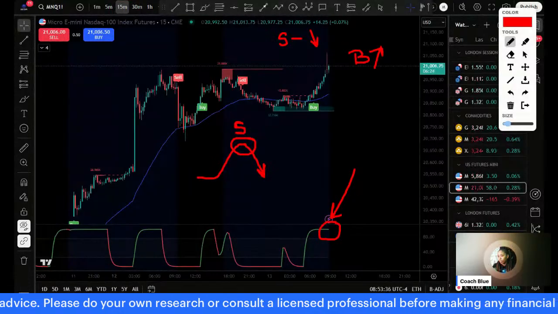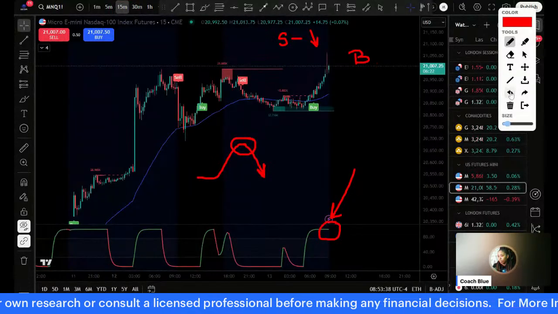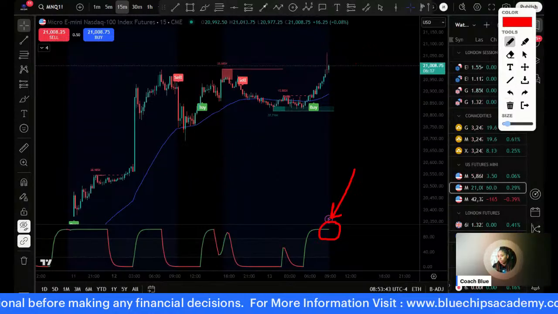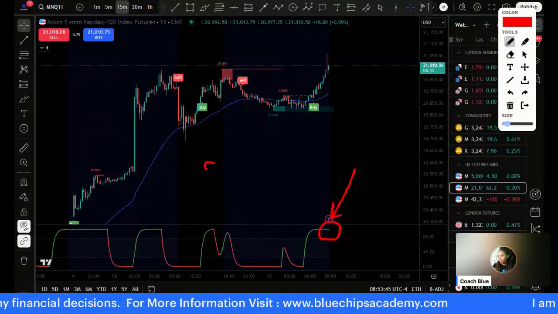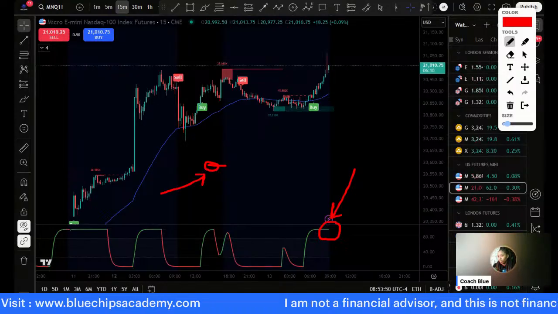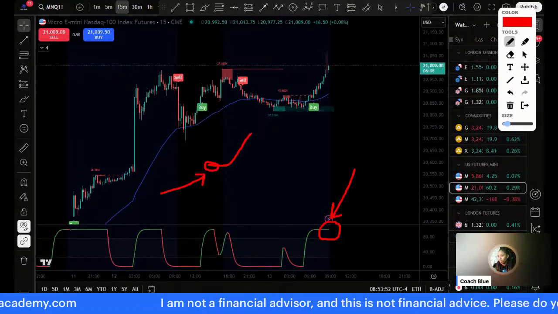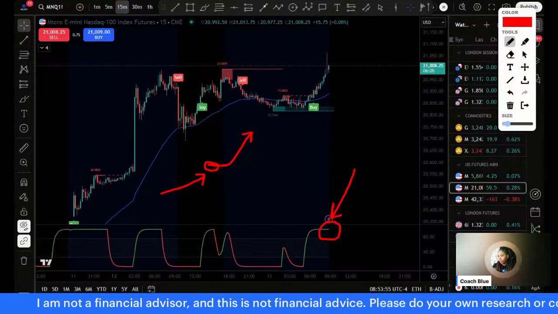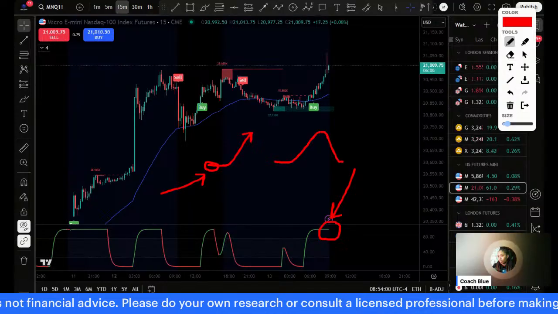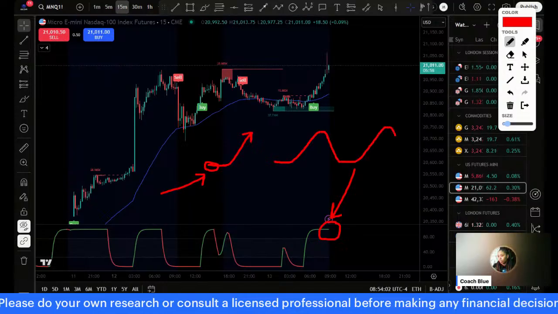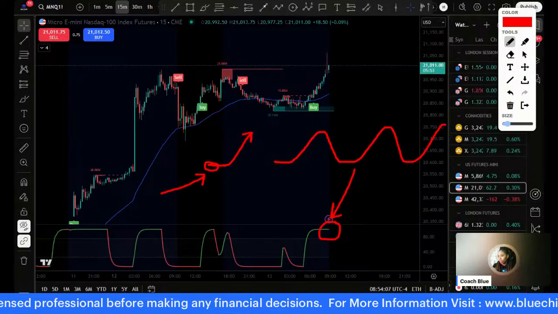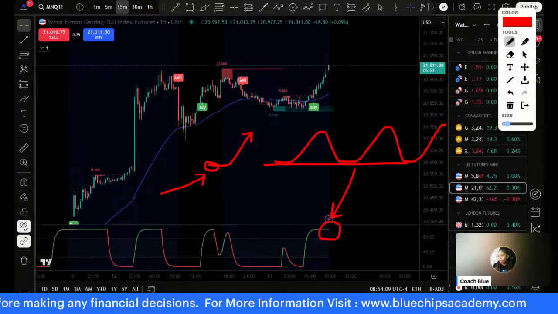Okay, when price is oversold, it's the opposite. When price is oversold, that means we're at the bottom of the STC, and then we're looking for price to go up. So you'll get this motion here: oversold, overbought, oversold, overbought, oversold, overbought. So when price is in a range,